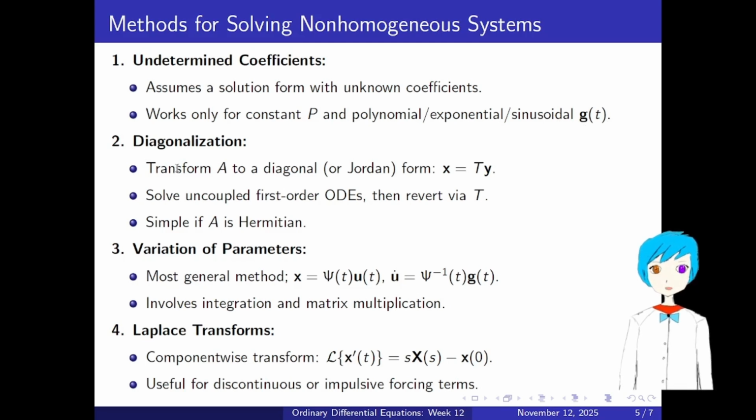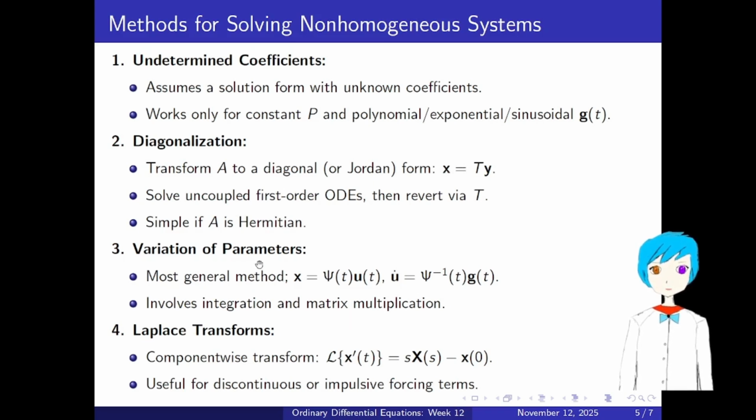For the diagonalization method, we need to find the transformation matrix that can transform the constant coefficient matrix A to a diagonal or Jordan form. In that case, we can solve the uncoupled first order ODEs,